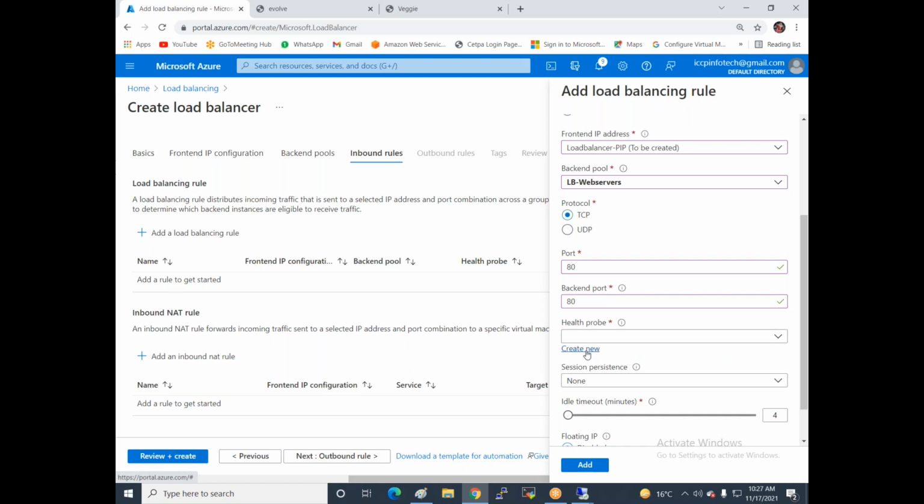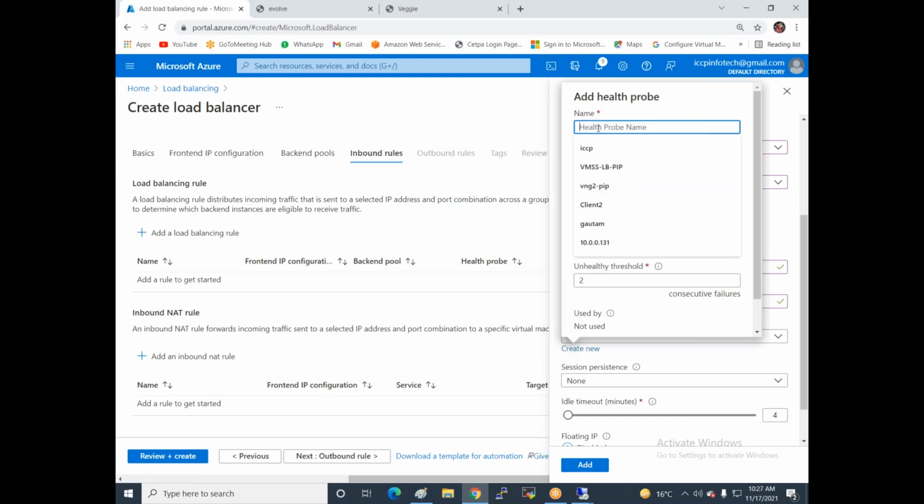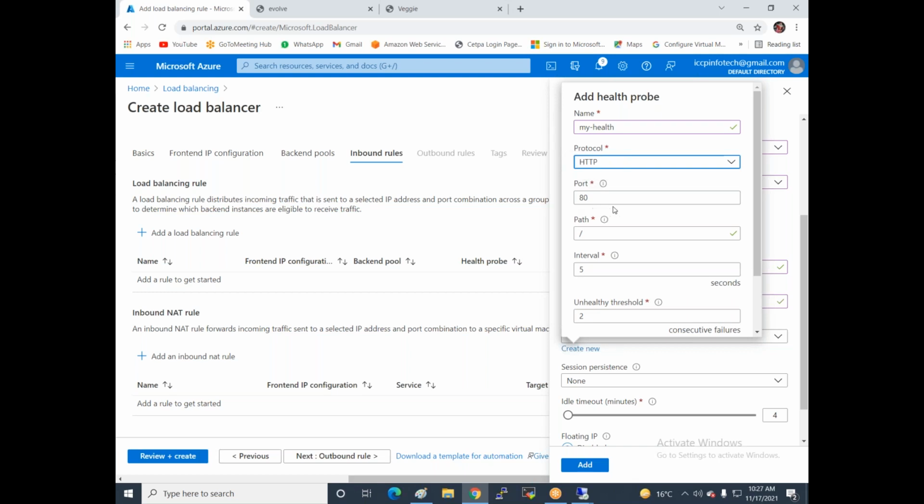So now I'm creating a new health probe, like my health. For the health probe, we are using HTTP and port number 80. So everything we are using the same port.